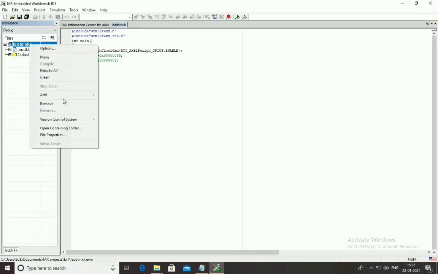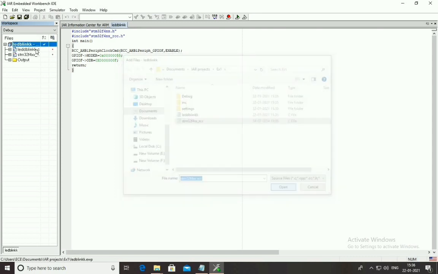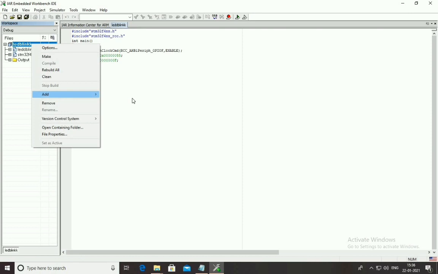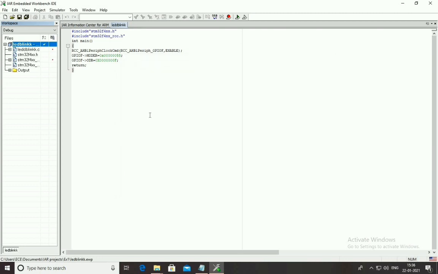After you paste that, now add the library files which are available in the inc folder, and also you have copied another file, no? You add that file also. Okay, add these two files in the inc folder and also add the other file which was separately copied.